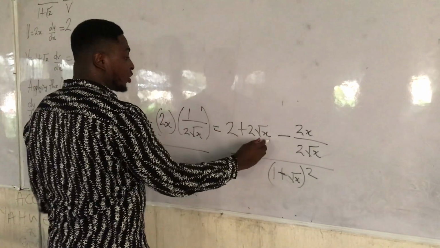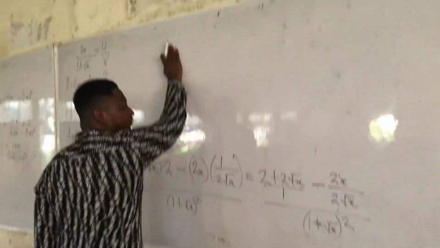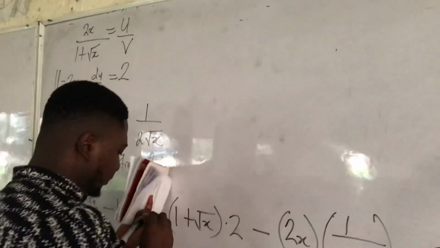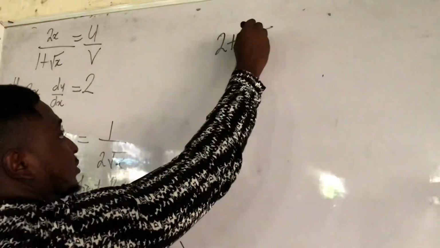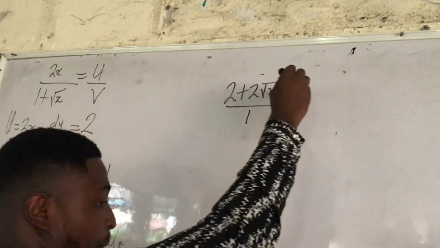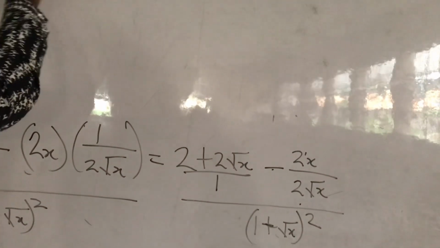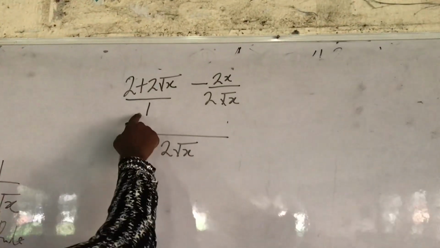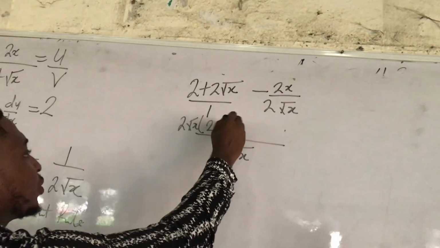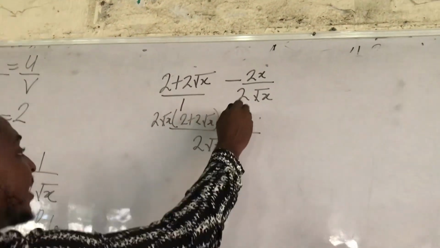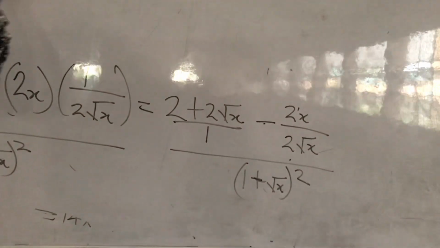So we have 2 plus 2 root x on one side minus 2x all over 2 root x. Let us go and find the LCM up here. Please follow me. 2 plus 2 root x all over 1 minus 2x all over 2 root x. Let's find the LCM. LCM must be 2 root x. 2 root x times 1 is 2 root x. 2 root x into bracket 2 plus 2 root x minus 2 root x into root x 1 time minus 2. Everything all over 1 plus root x, or